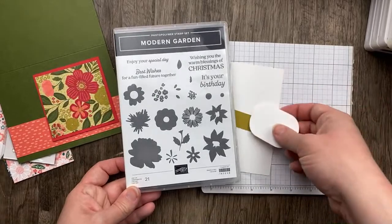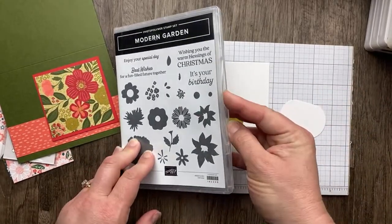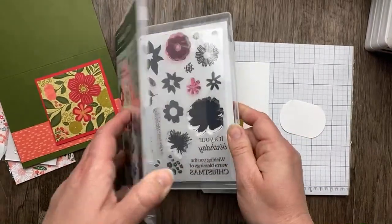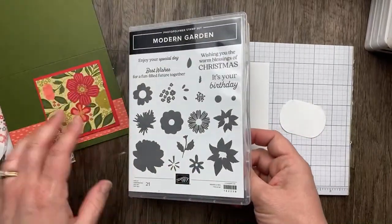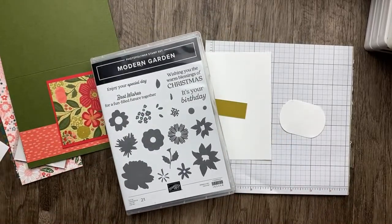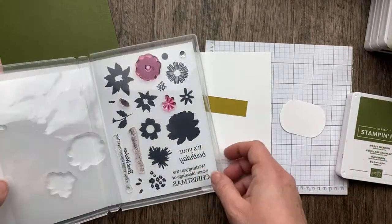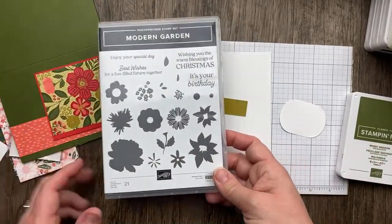Okay, so I want to do my sentiment. Gosh, I don't actually have the Mossy. Maybe I'll just get that out. Mossy Meadow, right? I don't know why I second guessed myself there. Okay, we're going to bring the Mossy Meadow in the green. And then for the flowers on here,